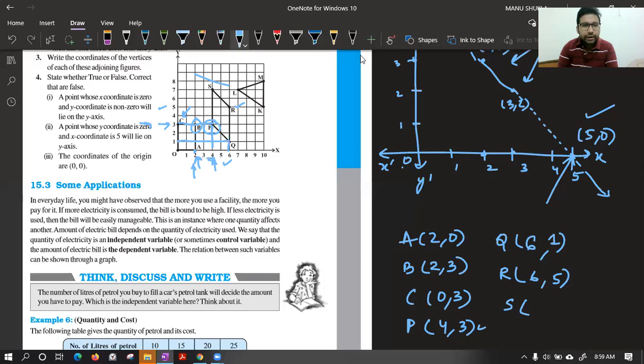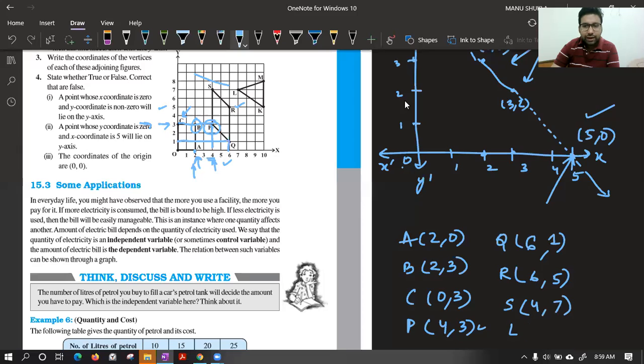Good, yes, correct. So we have 4 when we draw the vertical line, and we have 7. Yes, Krishna, correct. So the point is 4 comma 7. The last one is okay.